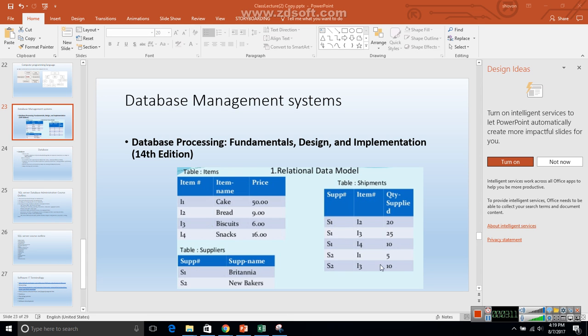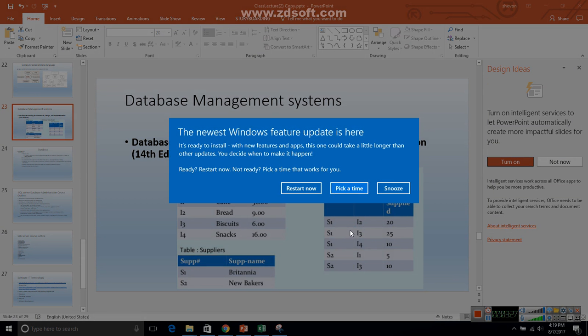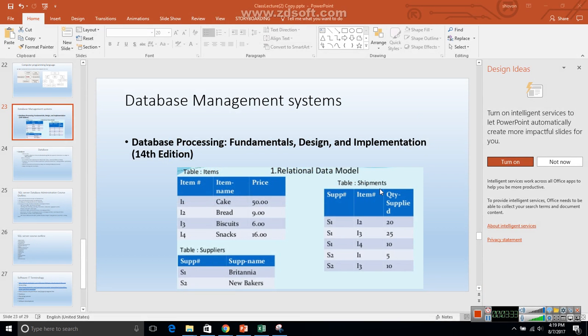You have millions of records, and day to day you do shipments, or if you consider this a sales table, daily sales are going on. This is the supplier, this is the item, and this is the quantity. How would you understand that this information represents this? On this table we can get information about items, about cake, bread, biscuits, snacks. And on the other hand, in this table, S1 you can see is a supplier, basically Britannia supplier,